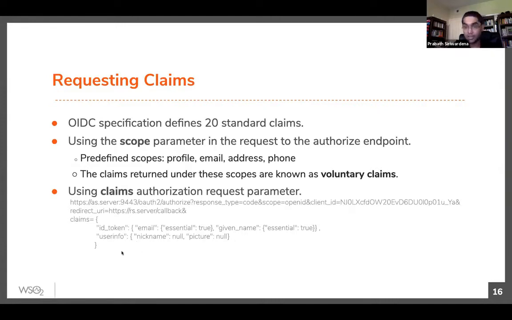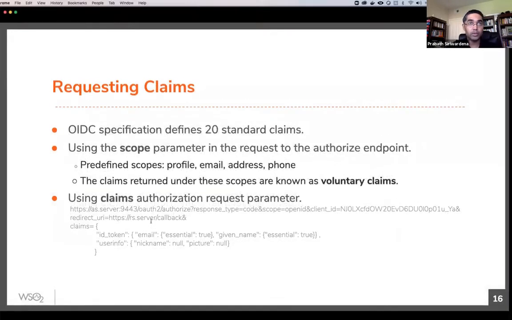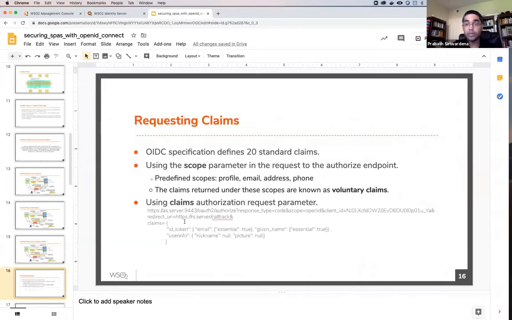We haven't discussed user info yet. So OpenID Connect has 2 ways of returning attributes. One is the ID token, the other is the user info endpoint, and this user info endpoint is also protected with OAuth 2. You can access the user info endpoint with the access token you get in the OpenID Connect flow and get the required attributes. So let me show you how these scope values are defined.